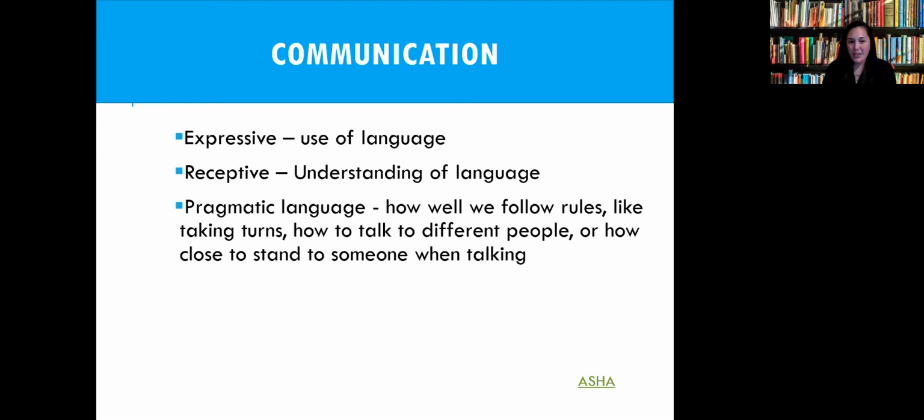And then the biggest section that really impacts the majority of the students that I work with, I evaluate a lot of students on the spectrum, is that pragmatic language. So the ability to follow rules, understand some of those hidden rules, understand turn taking, how to speak to different individuals, and even the proximity, so that space between another when you're communicating. This may be more along the lines of what you'll see with some of the individuals that you work with. If this is a skill that is not well developed, again, what does that mean for you in terms of how you support them moving forward?